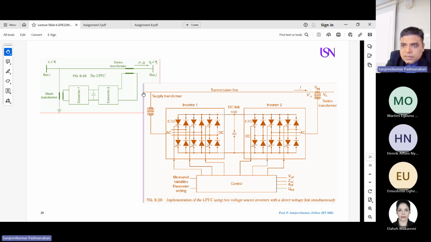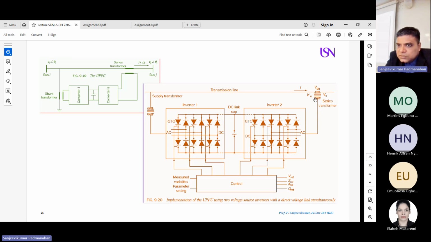This is the sending end. This is the receiving end. From the sending end, we connect this converter in shunt, or parallel. We also call it STATCOM. So this is called STATCOM. What is STATCOM? It is when a converter is connected in parallel to the grid or the transmission line. And when a converter is connected in series to the grid,